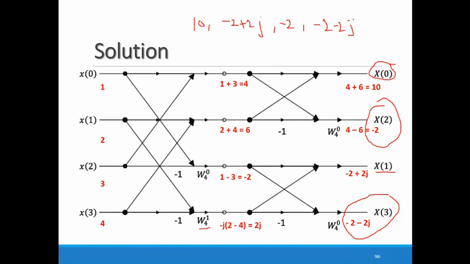Only thing is, in the DIT algorithm, you have to take care whatever input you are applying, you have to apply the bit reversed input. First, whatever inputs or sequences are given, you have to apply the bit reversal and then apply the input. But in DIF, you have to apply the input in the normal order, and while getting the output, you have to take care that you are getting the output in the bit reverse order, not in the normal order. This is the only difference between DIT and DIF.